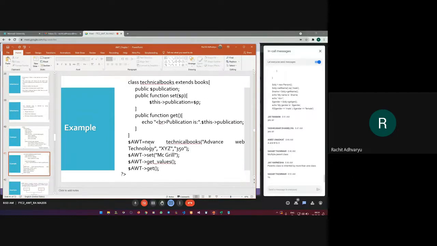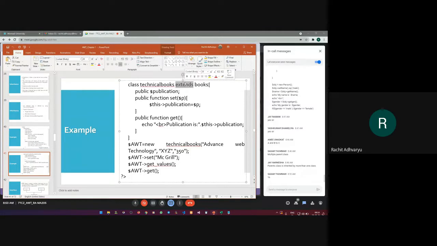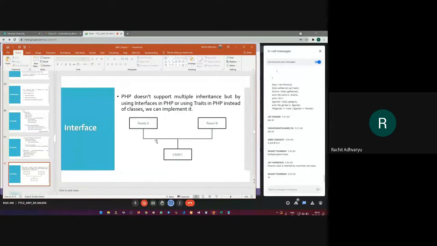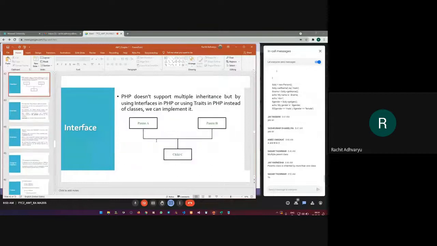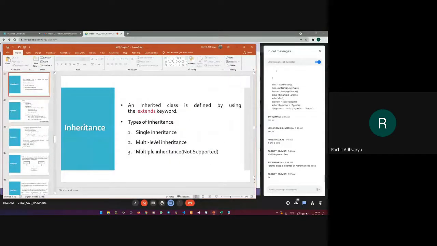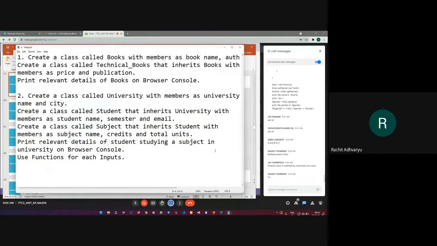And then we just use this extends keyword to make inheritance possible, right? And then we just create the object of the child class and access everything. So this is the simplest thing. So now give me the answer of these two programs in the next 10 minutes.